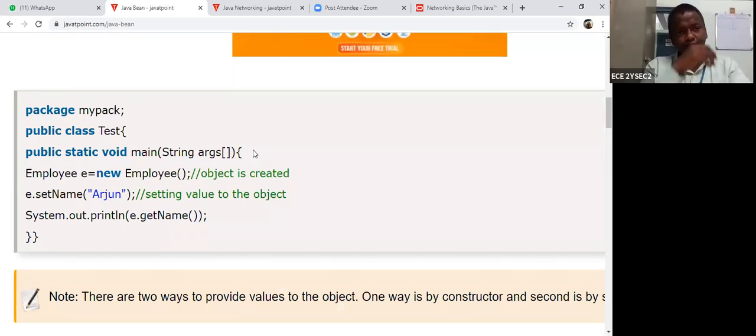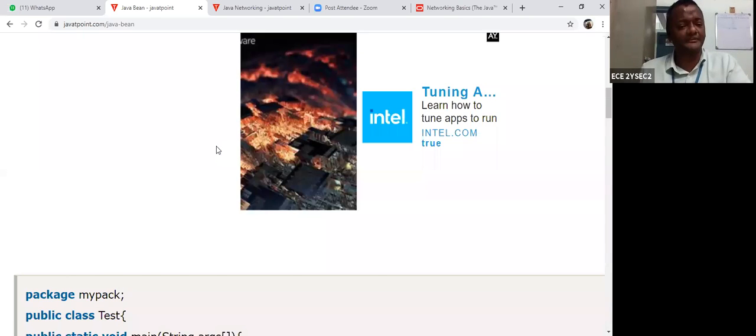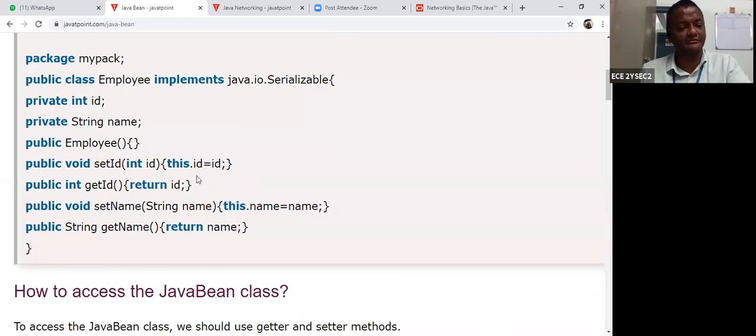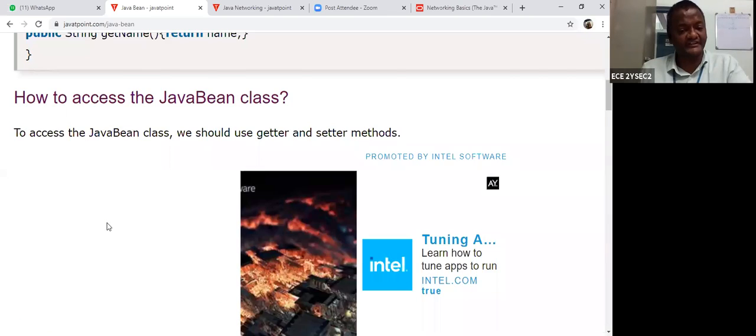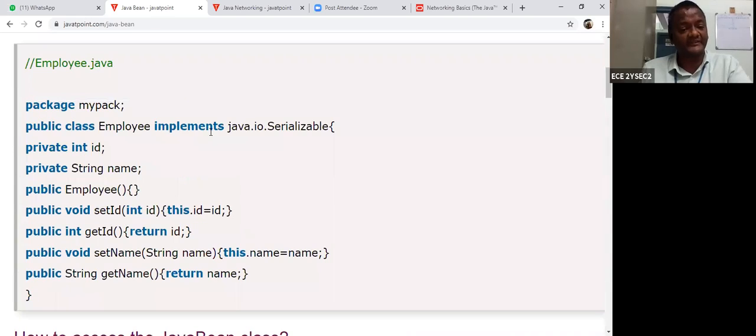Suppose each and every time you are getting the ID and setting the ID. In this example, let us take setID is equal to ID, and this is your name, the identification. Please see this. This is the class, and these are the private variables, a constructor with no arguments, and public methods. What are the public methods? One is the setID and the next one is the getter ID.